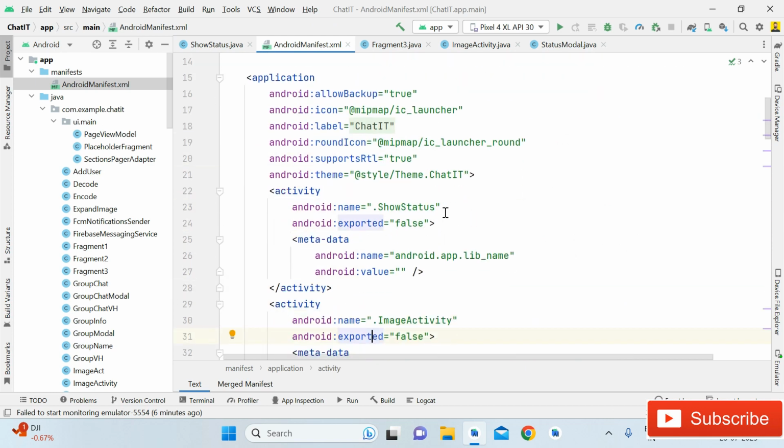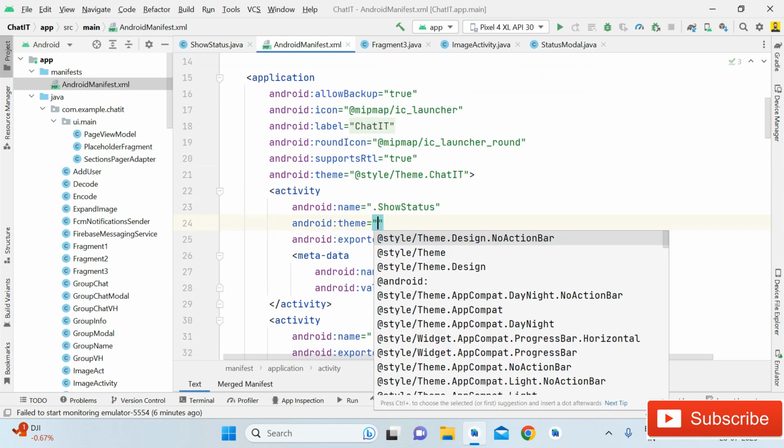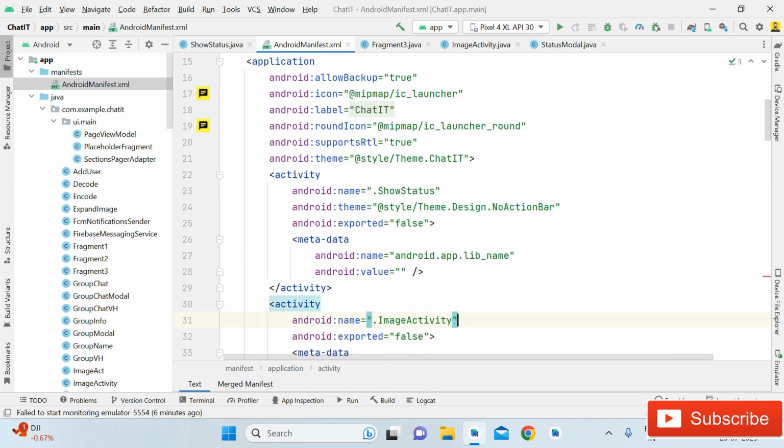Okay, show status. So here simply write theme, which will be no action bar, then image activity, then again theme, no action bar, control plus z,